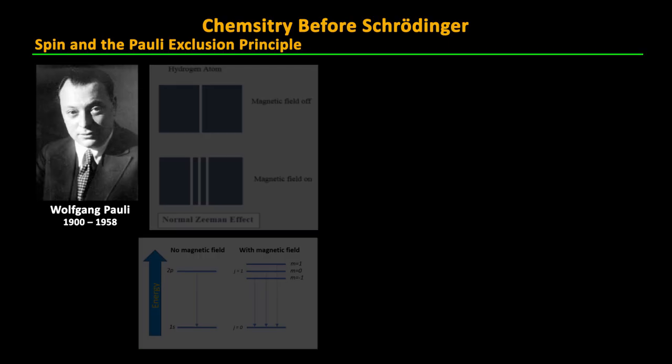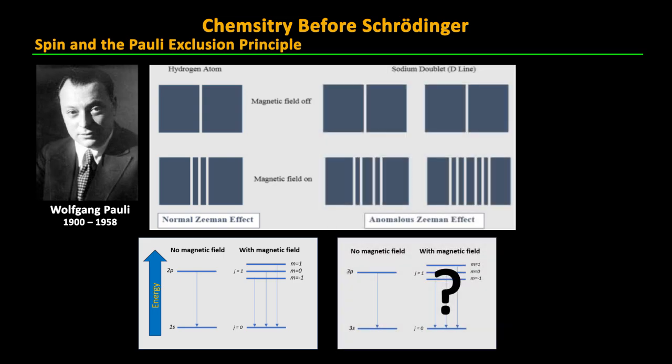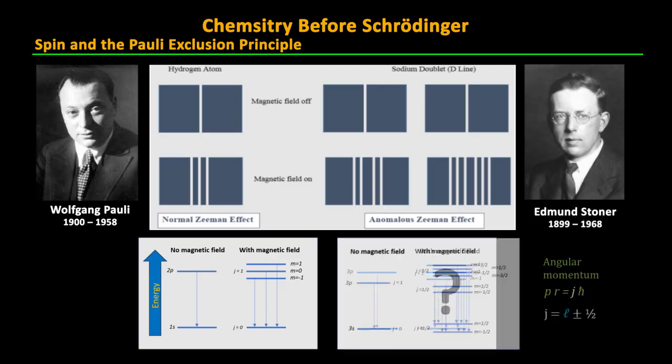The second curiosity was, although Sommerfeld's model was able to explain the Zeeman effect quite well in many cases, there were still unexplained cases like that sodium spectrum we saw earlier, where there's too much splitting of the lines to be explained by the possible combinations of angular momentum and magnetic quantum numbers. These unexplained cases became known as the anomalous Zeeman effect. In 1924, British physicist Edmund Stoner was able to show that these anomalous cases could be explained if the total angular momentum quantum number was modified to be L plus or minus 1/2. But it was not clear why these special cases should break the rule of integer quantum numbers that were obeyed the rest of the time.